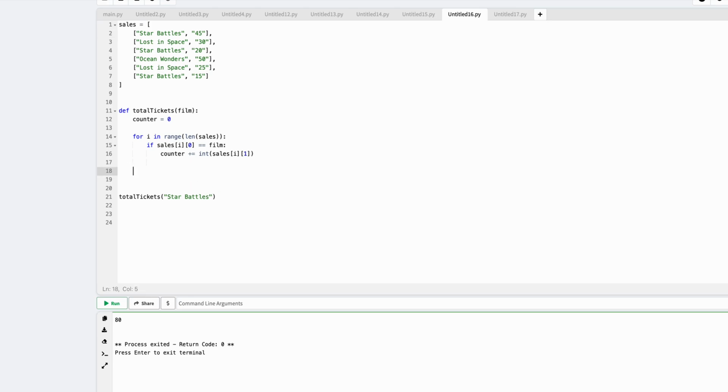So in another scenario, for instance, it might turn around and say, okay, if a film is sold over 60 tickets, it's successful, print out successful, else print out unsuccessful. So to do that, I'd say if counter, remember after this loop's done, it's going to go to the next line of code, right? If counter is bigger than or equal to, I don't know, let's say 70, then print success. Else